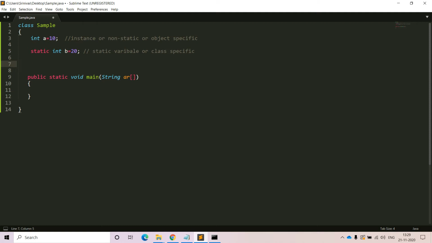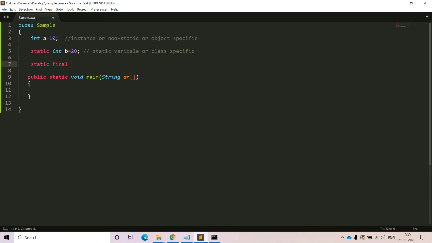There is no special keyword for constants as in C++. In C++, if you want to define constants we have the keyword const, but unfortunately in Java there is no special keyword to define constants. If you want to define constants, we have to use the combination of static as well as final. With these two keywords we have the flexibility to define constants in Java. These are two modifiers, so we can write them in any order. You can write final static or static final, there is no problem; we need not mention a particular order of those modifiers. It is better to take static final.